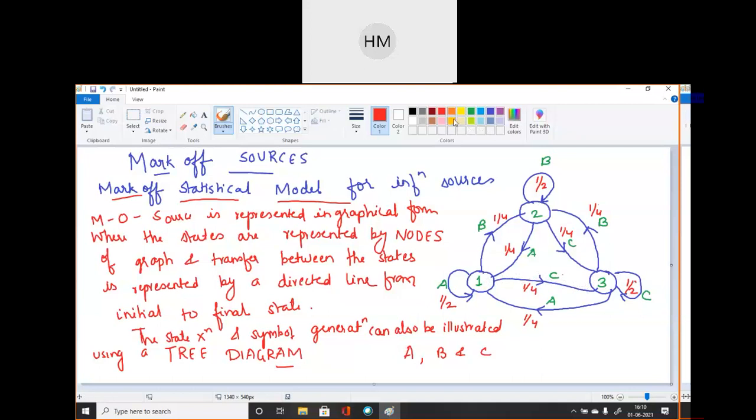Okay, students, I will use a different color pen so that it will be noticed. I will use a symbol C. Okay, this symbol C is produced when my signal moves from state 1 to state 3 with probability 1 by 4. So, have you drawn this diagram? Draw it in your copy because we will simplify this ahead. So, finish, students. Okay, all of you finished. So, I am moving.